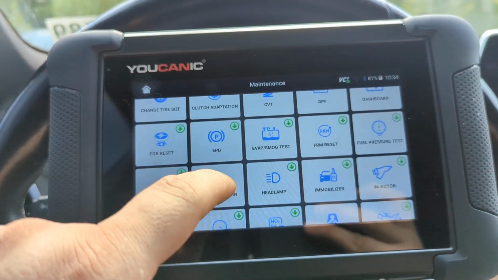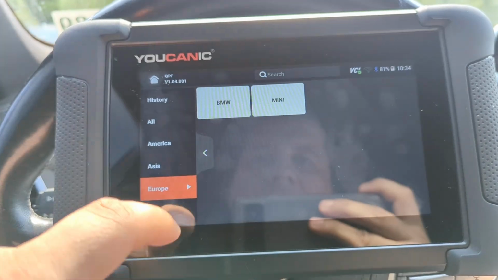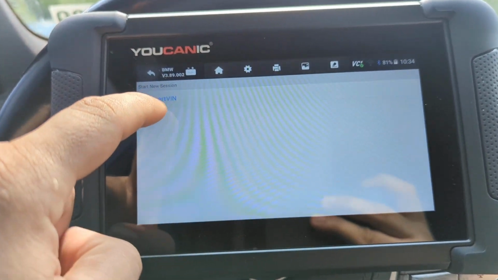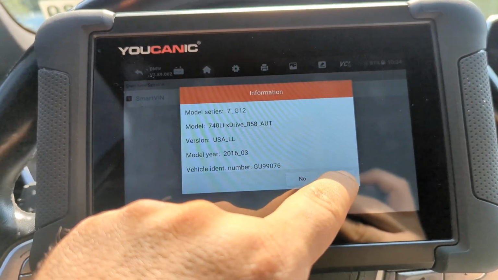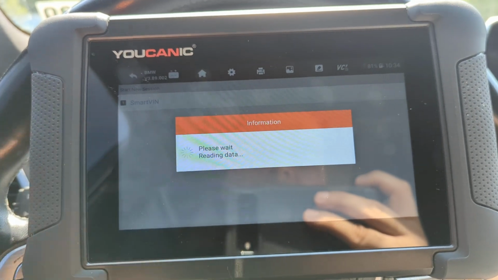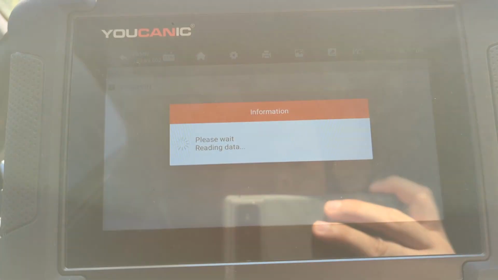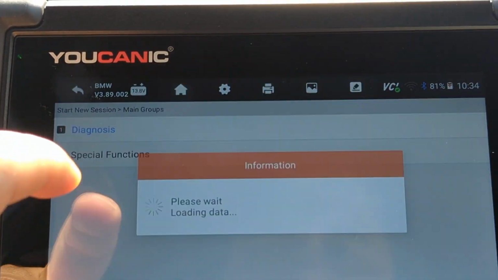Start at the home screen, select maintenance, then scroll down to GPF, select BMW and then Smart VIN. Here we have a 2016 BMW 7 Series. Now, older BMWs might not have the GPF filter installed, but this one does. You go to special functions,